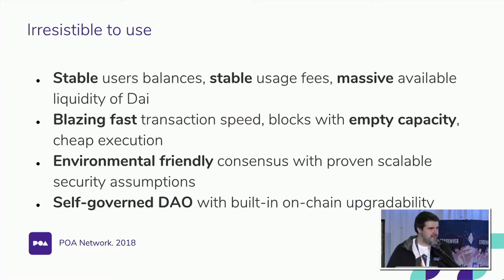People who receive their xdai today will have the same amount of xdai tomorrow if they don't spend them, right? And the good thing about using DAI is that there is a massive available liquidity of DAI on Ethereum mainnet. So one can take this DAI and bring it to xdai and increase the market cap of xdai. Now the market cap of xdai is $8,000, which is one of the smallest blockchains in the public space, right? But we can see that it's used and can be used for